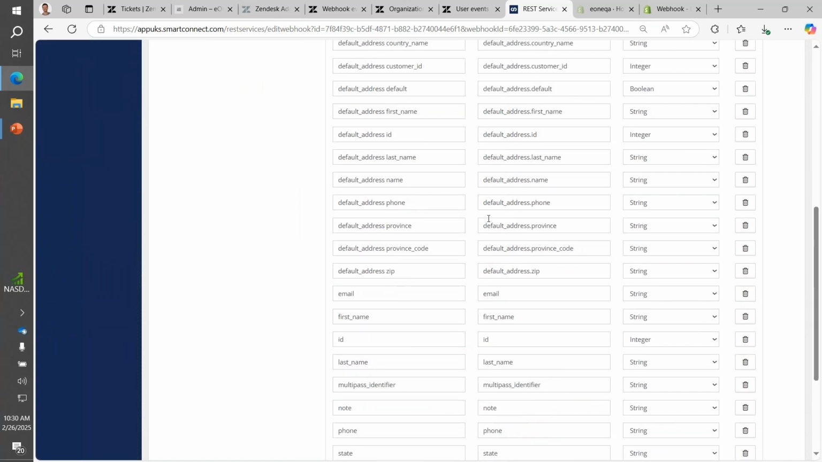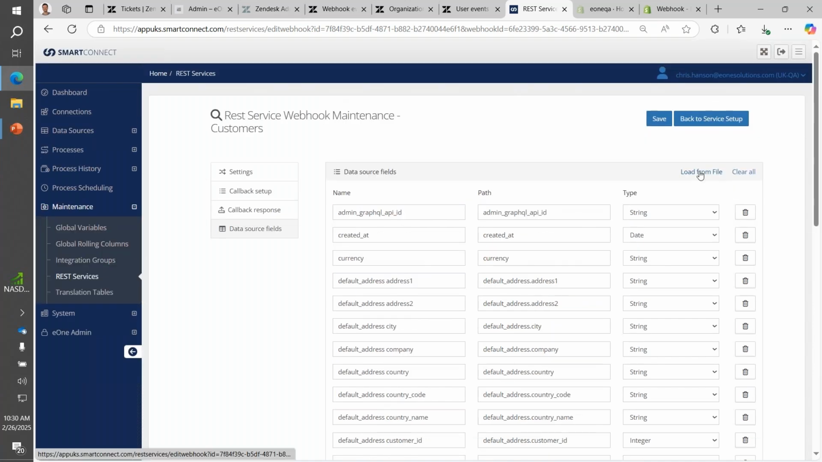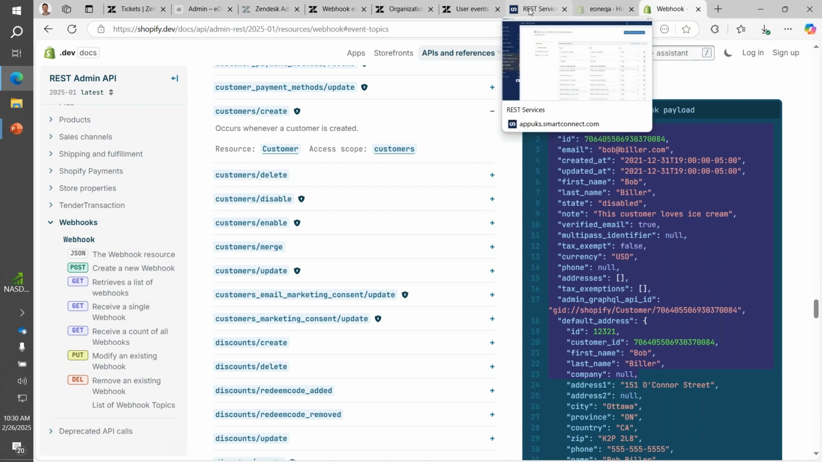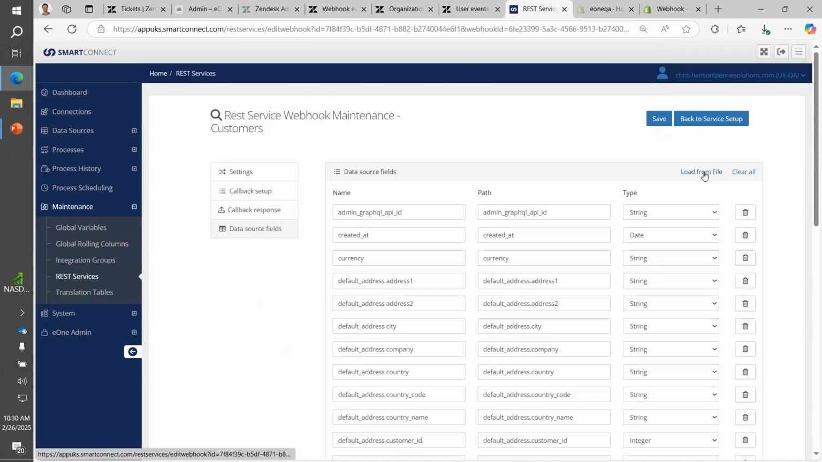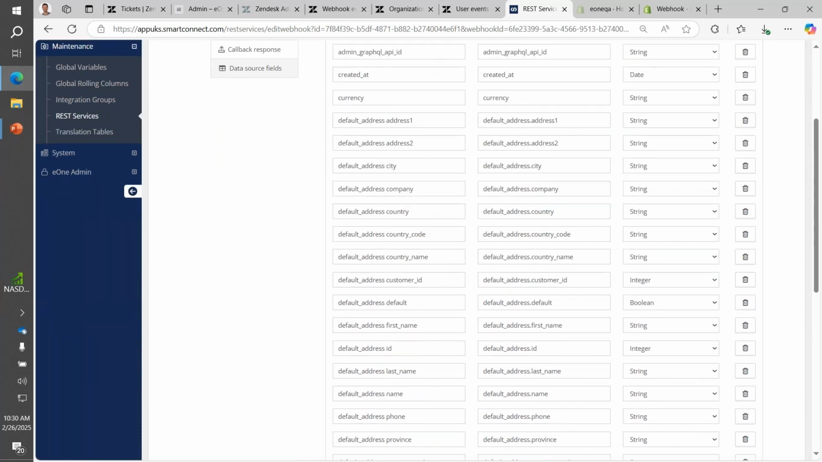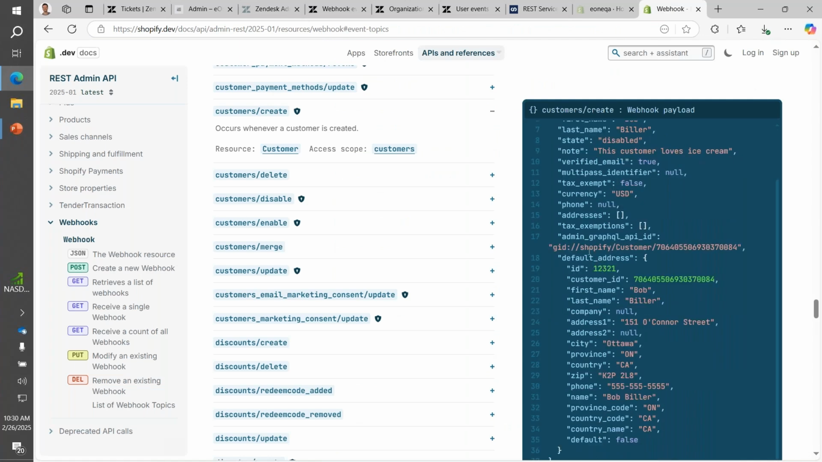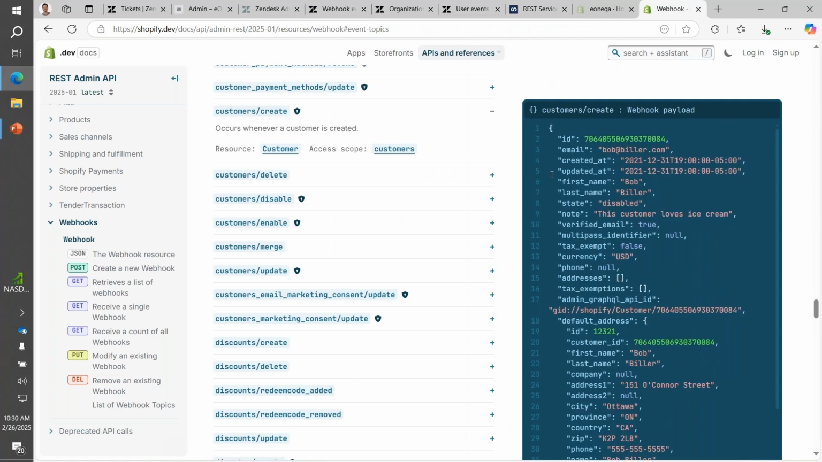Now, the information I showed on here, you can just save to a JSON file. Pull it out, save it in a text file, put the extension as .json on there, and then when you get into here, you can just load this information from file, and SmartConnect is going to figure out all the field names and the different paths within that JSON. So again, I know I'm flipping back and forth a bit, but if we look at this,